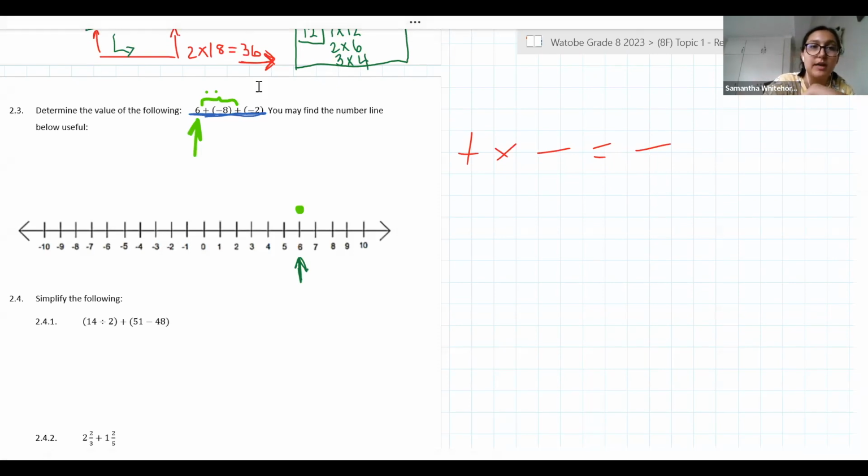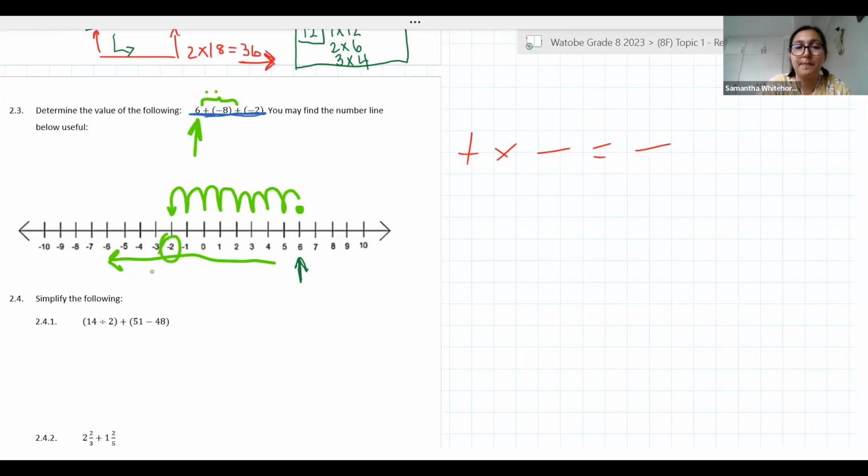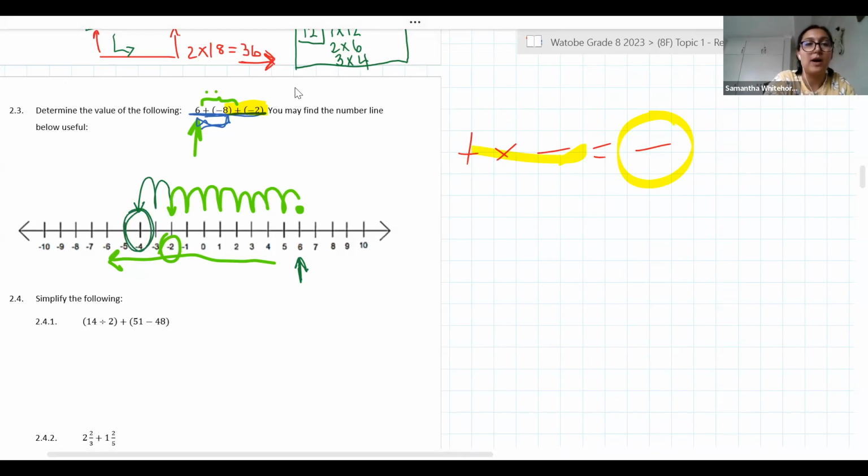And so now I want to go to my number line and take 8 away from 6. That means I'm moving towards the negative numbers, so I'm moving to the left. So when I subtract this 8, 1, 2, 3, 4, 5, 6, 7, 8, I end up at -2 on my number line. So that's the first operation done and dusted in this expression. I now need to go from that answer and add a -2. As we've just been told, when we have a plus and a minus together, I'm working with the minus. So this is telling me to subtract 2 now. So I go to my number line and subtract another 2, and I end up at -4. So the simplification of this expression is an answer of